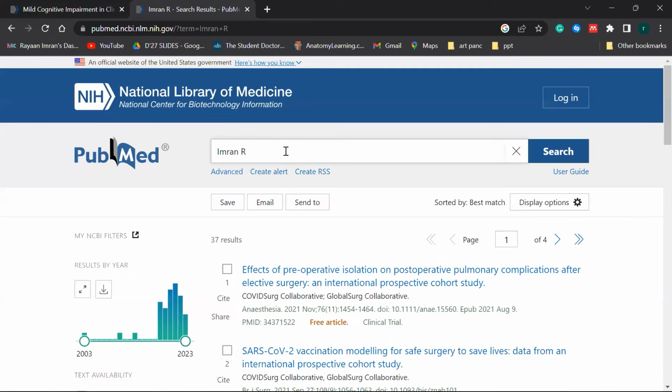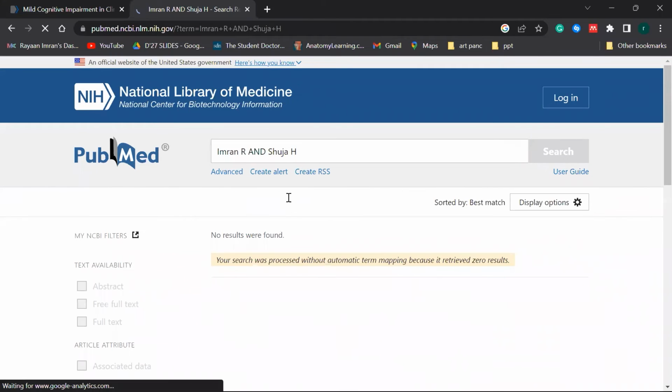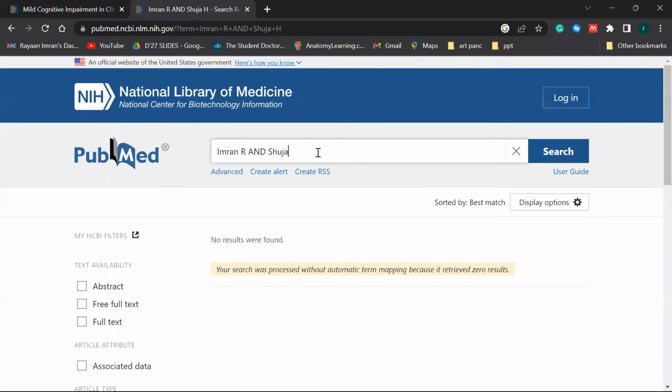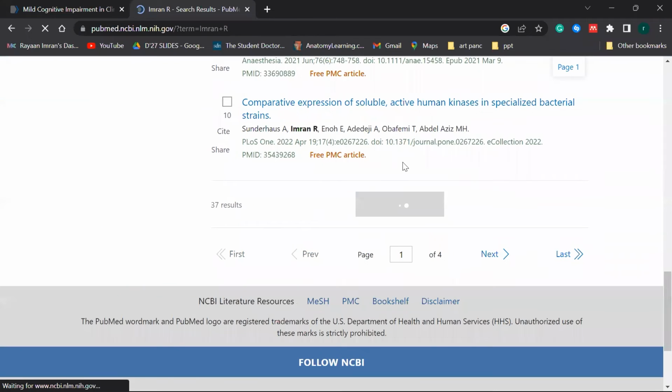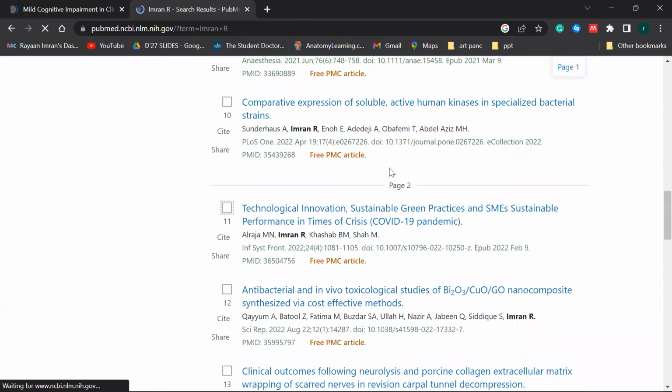And let's say you want the articles with Imran R, and let's say my other peer Hamza Shuja, for example. I write his name Shuja first, and then I put H as his first initial, and I click search. I do not get anything, apparently kyunki maine shayad uske naam mein spelling ki galti kar li hogi, so khair ho gayi. But you can, again, if you want to spy on me or stalk someone, go ahead. Imran R laga lo, aa gaya, show more results, aa gaya, man. That's pretty much it. So I think that should pretty much cover this part.